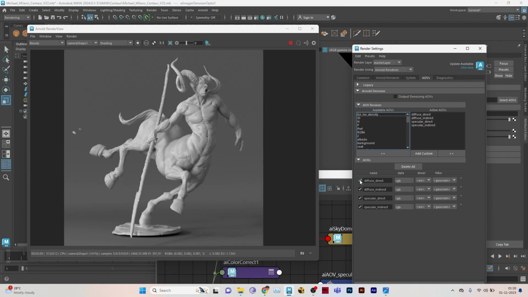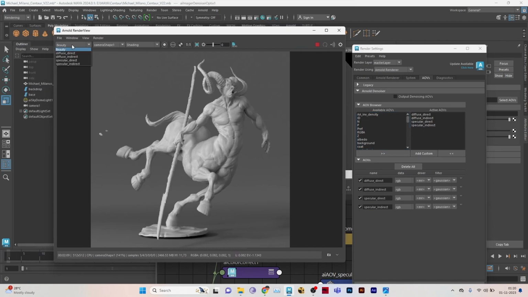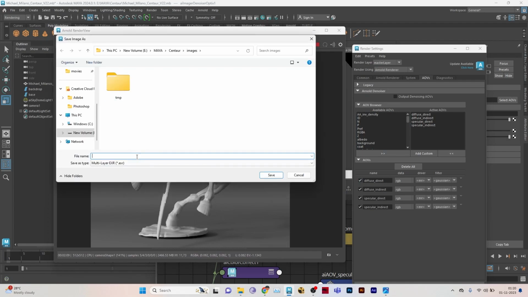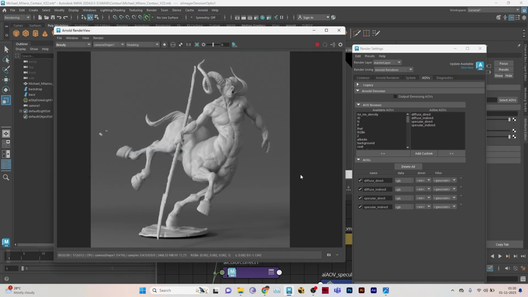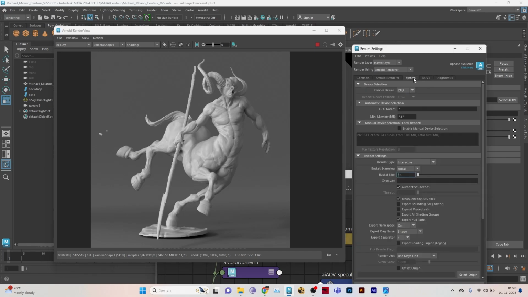And after that, you can turn this off by clicking this checkbox, and then just file, save multi-layer EXR, add a name and save it as an EXR, and you can open it in Photoshop and do your post-processing there. So that's all I wanted to talk about lighting a character or